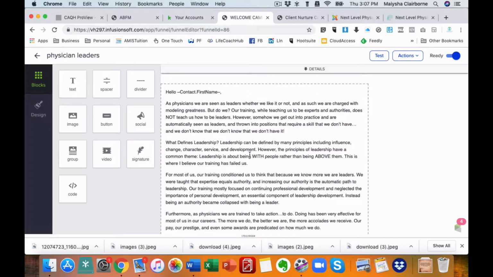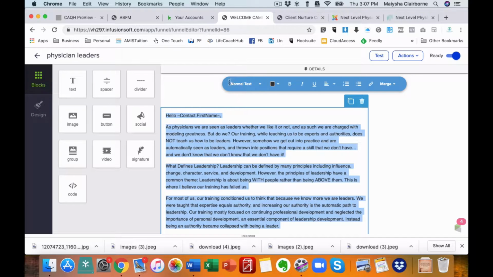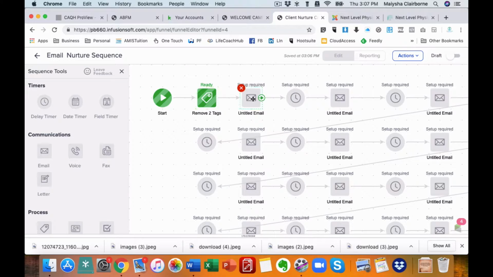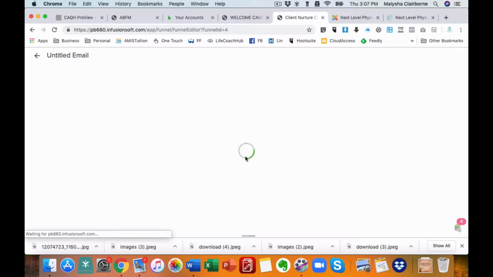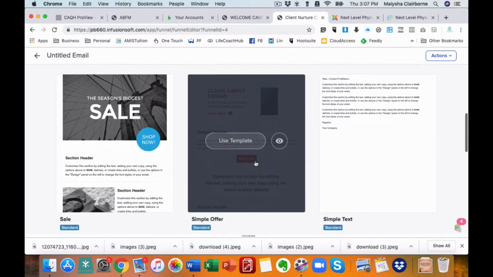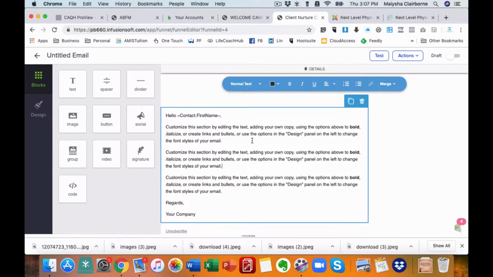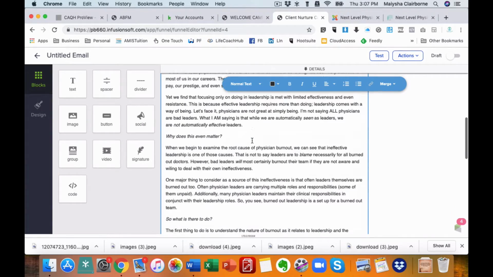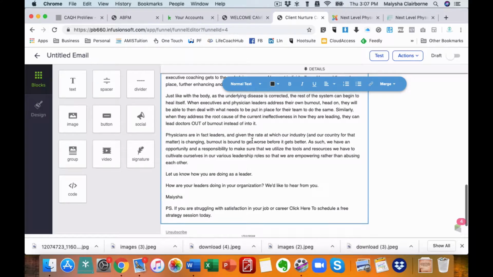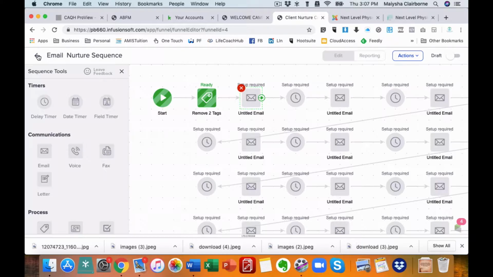So I'm just going to populate some of the emails, cut and paste here, and cut and paste that into the first. Oh, and I have to create a template with each one now because this is a new campaign. Yeah, so I'll do this and I'll come back and populate some of the links later. I just wanted to show you on the back end a little bit of how I create